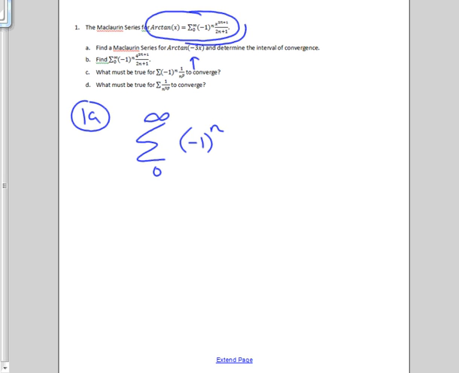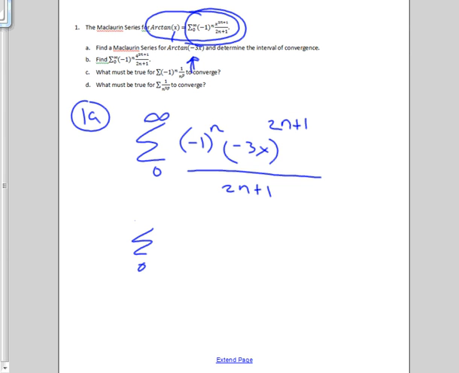So this is the function that we have. Now, instead of x, it's minus 3x. So we get minus 3x to the 2n plus 1 all over 2n plus 1. Okay, well, if we want to simplify that a little bit, we can write that as